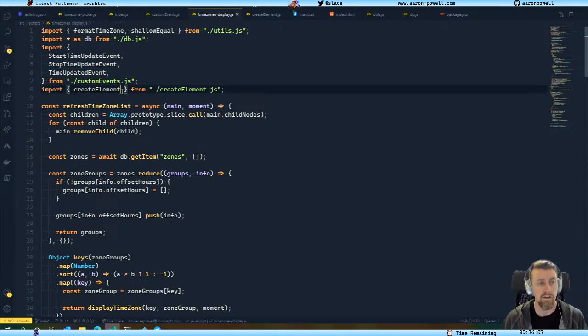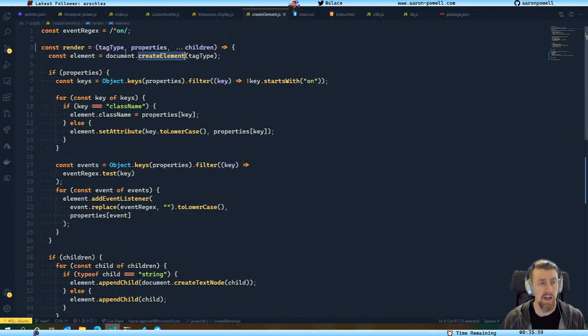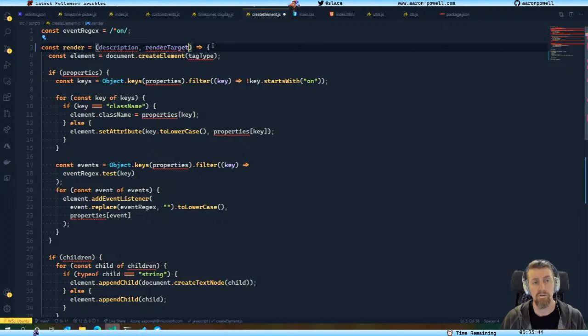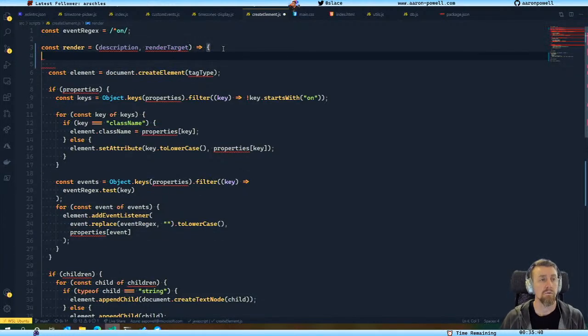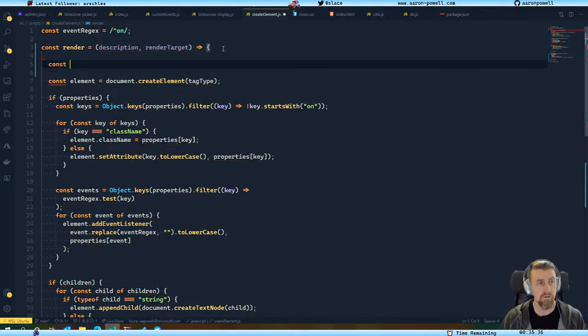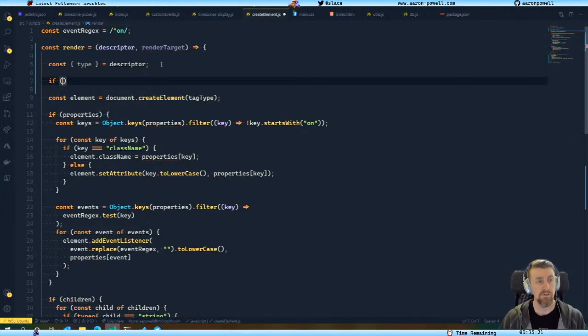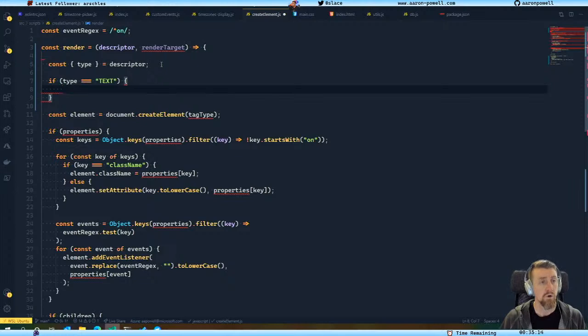No longer is it going to be the element itself. So now this is going to take the, we'll call it the descriptor, and the render target. Then we'll grab, let's go const type equals descriptor dot type. Okay, so the type, and then we will do if type equals text, then we will,